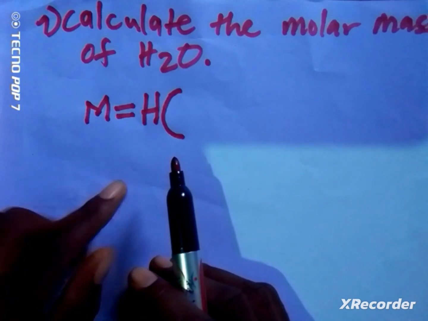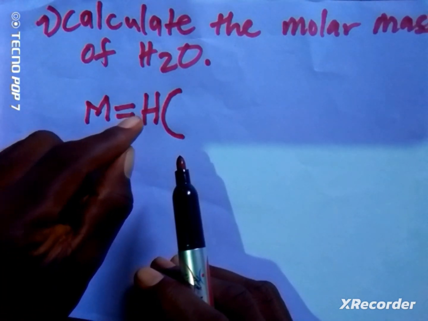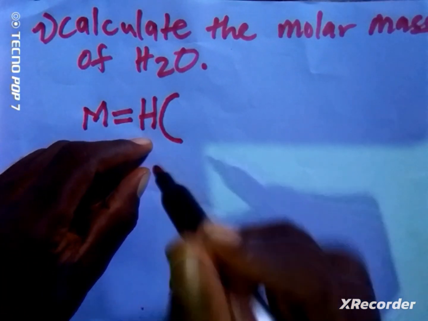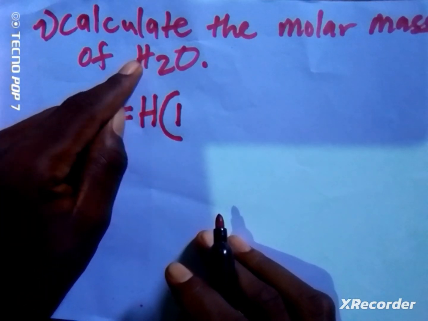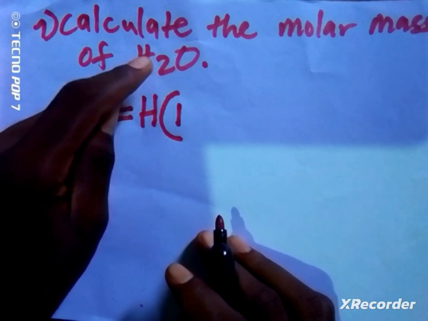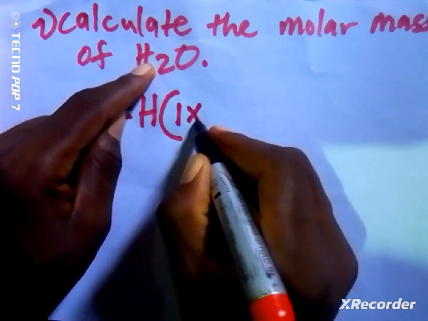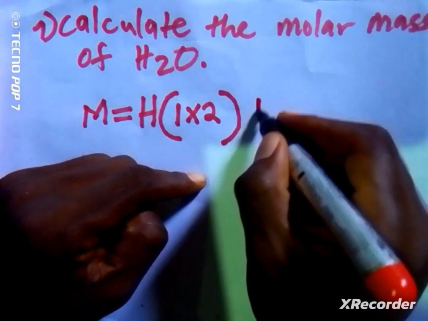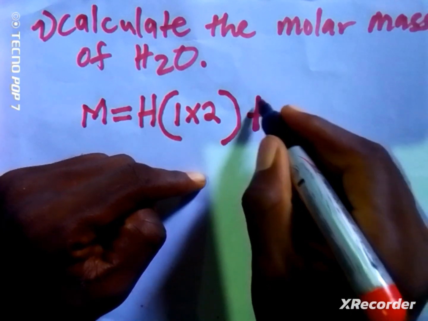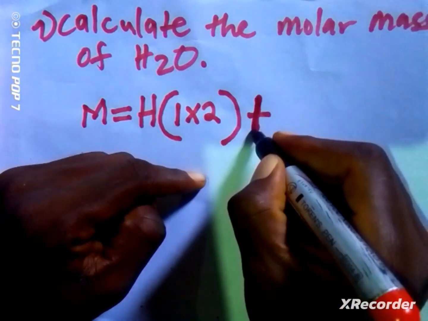So the atomic mass of hydrogen is 1. So how many times does hydrogen appear in this compound? 2 times. We say times 2, parenthesis closes, plus,